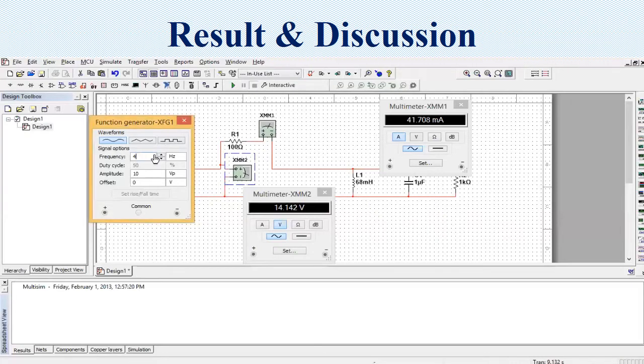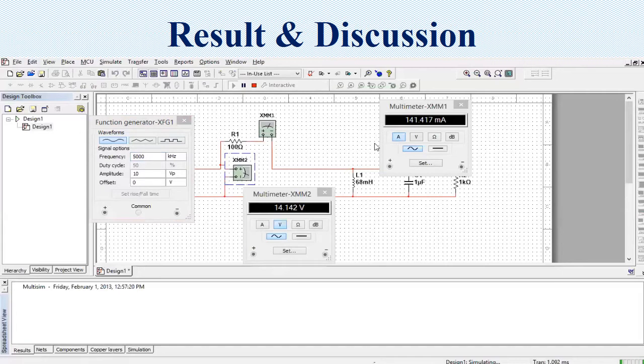Now I will increase the frequency to 4500 and run my diagram. You can see at higher frequency my current is increasing, but the current is moving from the highest position to the down position, then again to the highest position, like a negative parabola. If I increase the frequency more, to something like 5000, and run my simulation diagram, you can see my current is again in the increasing stage.